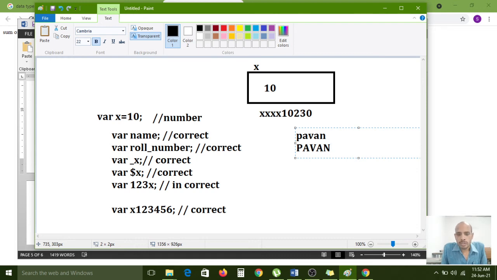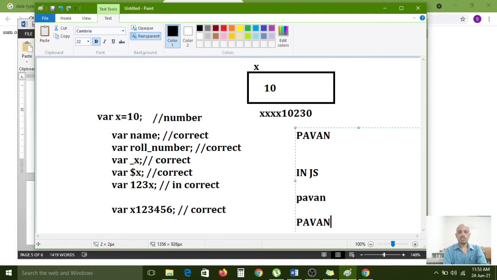In the real world, these two are the same, there is no difference. But in the programming language JavaScript, pawan is one variable and capital Pawan is another variable. Both are different, not the same.